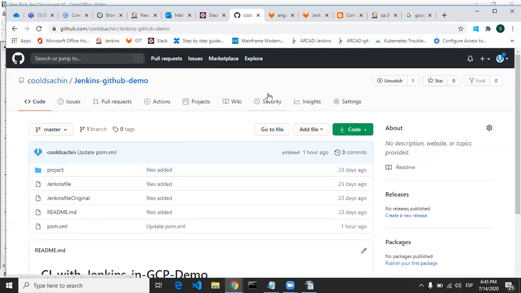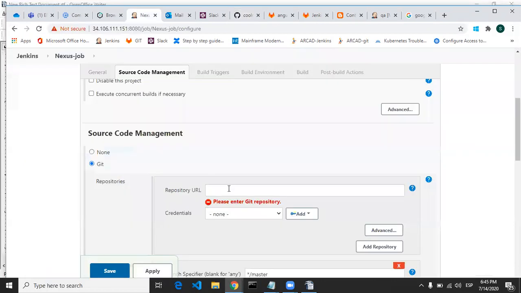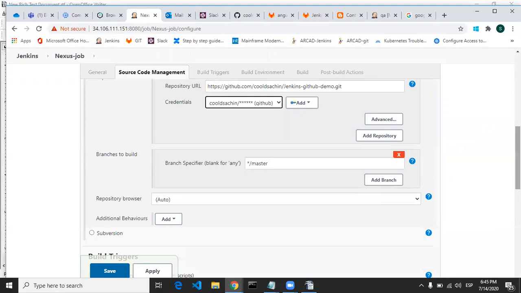Once you fork it, this repository will be available in your account. I'm going to copy this clone repository URL and place it here. Now again, we have to add a credential for GitHub. In a similar way to how we created it for Nexus, you have to create it here as well. I have already created it, so I'm selecting the GitHub credentials. The branch will be master only.